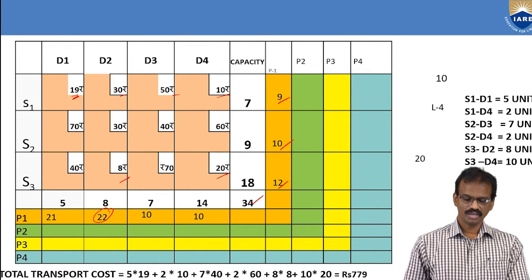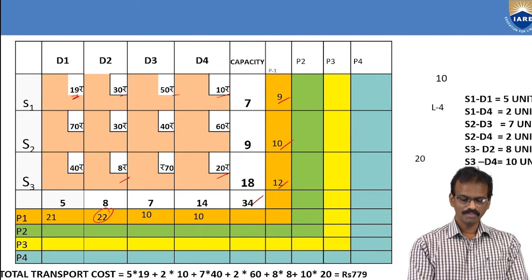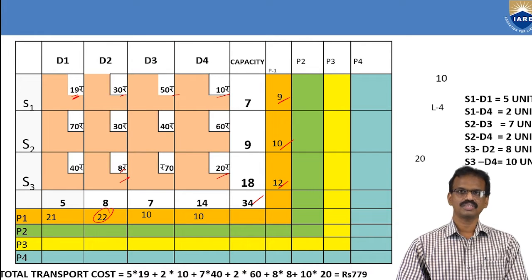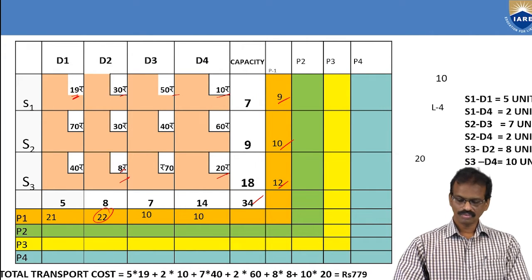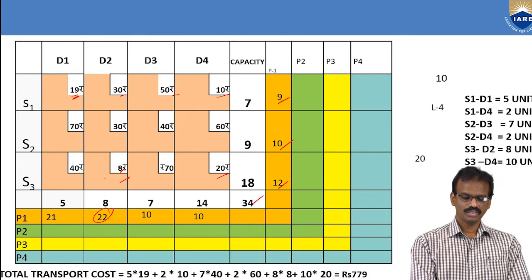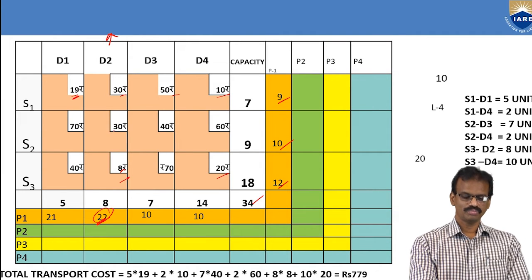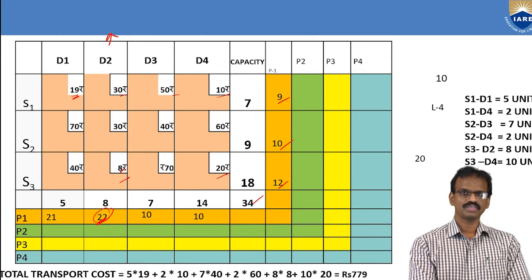So in this corresponding column also, just like you have to take the minimum shipping cost cell. That cell, first of all, we should allocate. Here, because this is the required column, based upon the highest penalty rate, in this column, which cell you have to choose? Based upon the shipping cost, which cell has the minimum or least shipping cost? That cell should be taken for the allocation.